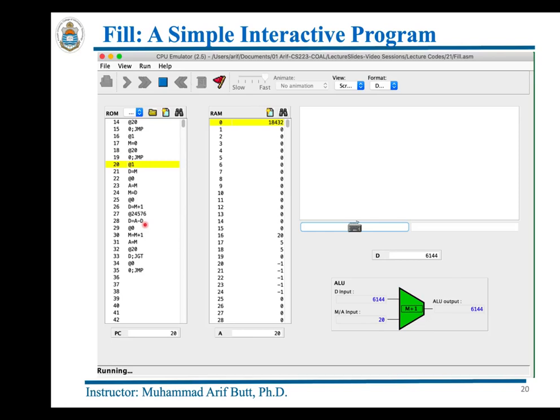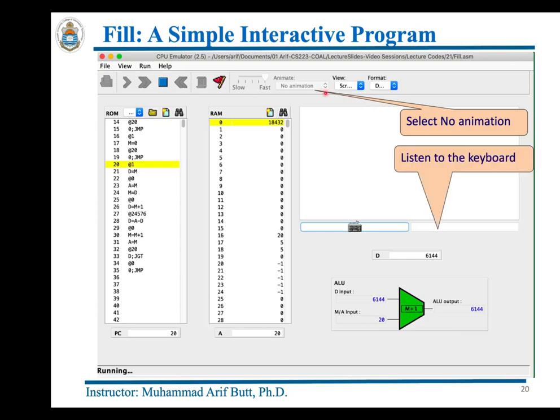Well, dear students, before you execute this program in the CPU emulator, please select no animation from this drop down, and this program actually listens to the keyboard. That is, it continuously reads RAM address 24576,